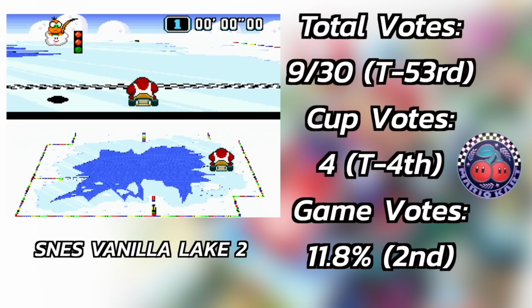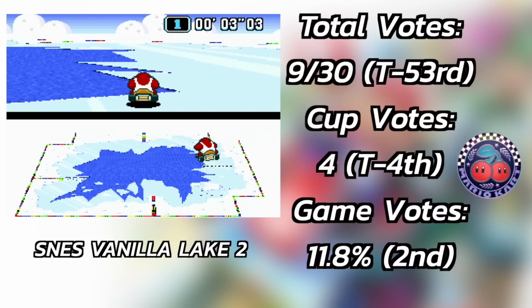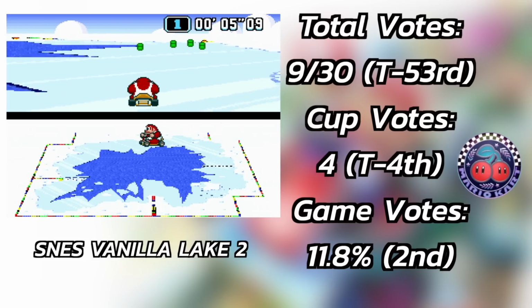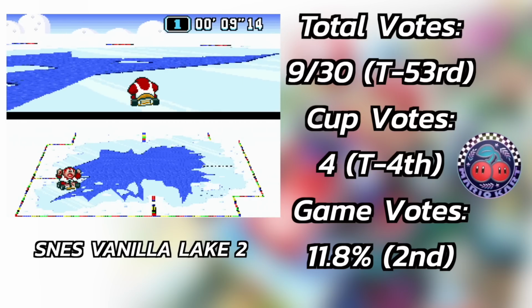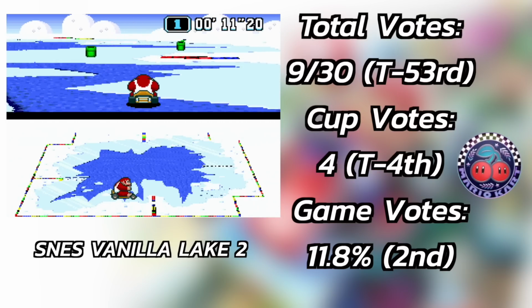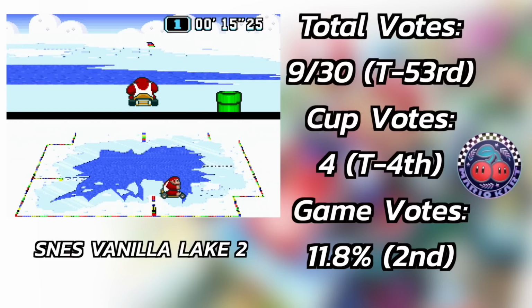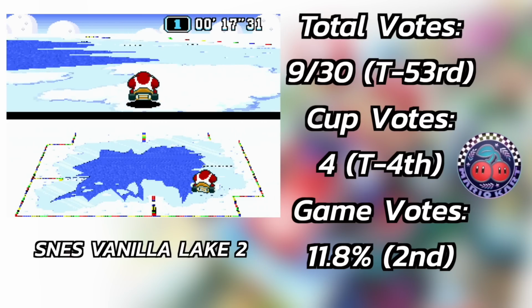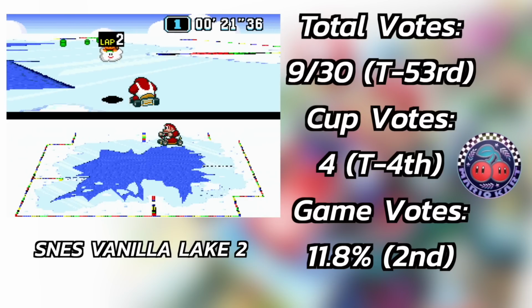Next is a track that would have been in the Cherry Cup. This is Vanilla Lake 2 from Super Mario Kart. I really wanted to put this track in the game because it had 4 votes, which tied it for 4th. It had 1 more vote than Waluigi Stadium did for this cup, but this track didn't have many other votes outside of it. It only had 9 votes out of the 30 in total, and therefore it was ranked 54th amongst all Mario Kart tracks, and I felt like that was too low of a number to include it into